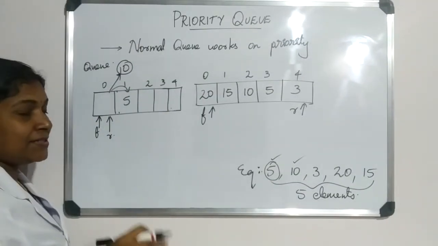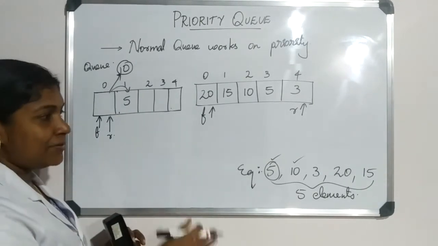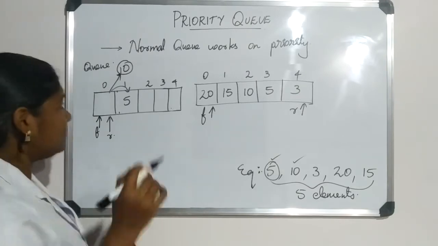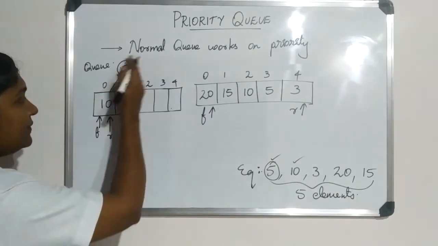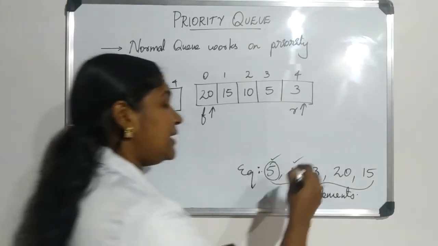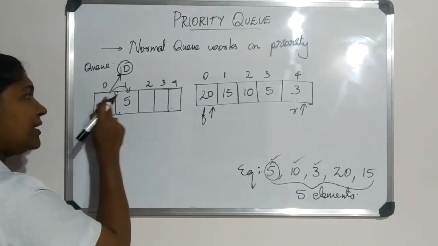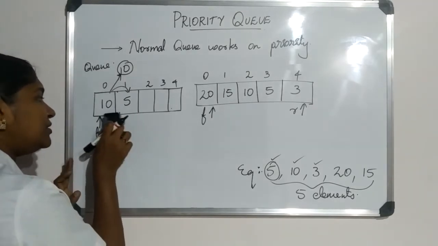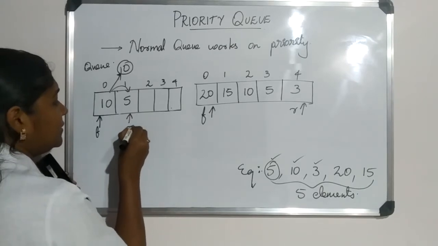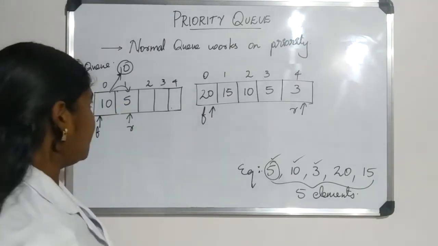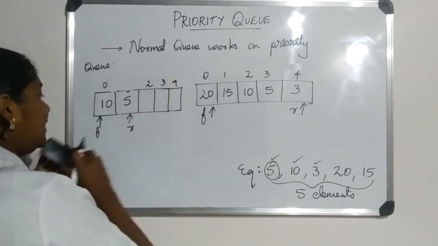Okay. And right now here there are no elements. In order to perform the comparison, the logic for it we will consider soon after considering this example. Right now you just understand the concept. Okay. So 10 is inserted here. As there are no elements to compare with, we inserted this element here. Okay. Then next element is 3. Okay. So after entering this element, we will rearrange the position of rear so that the rear points to the last element. Okay. Then next we are about to enter element 3, right?